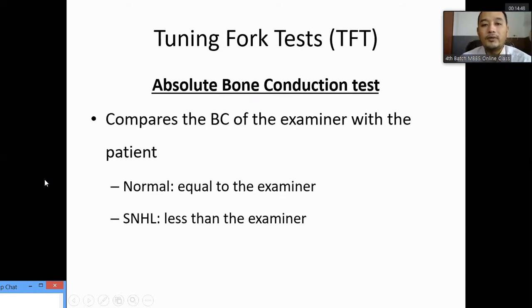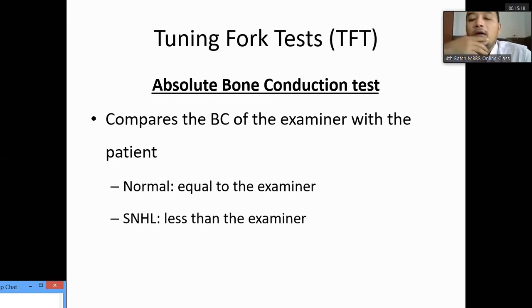Now another test, the absolute bone conduction test, also sometimes called Schwabach's test. It compares the bone conduction of the examiner with the patient, provided that the examiner has normal hearing. The examiner will vibrate the tuning fork and keep it over his mastoid, and when he stops hearing the sound, he transfers it to the patient's mastoid bone. If the patient is still